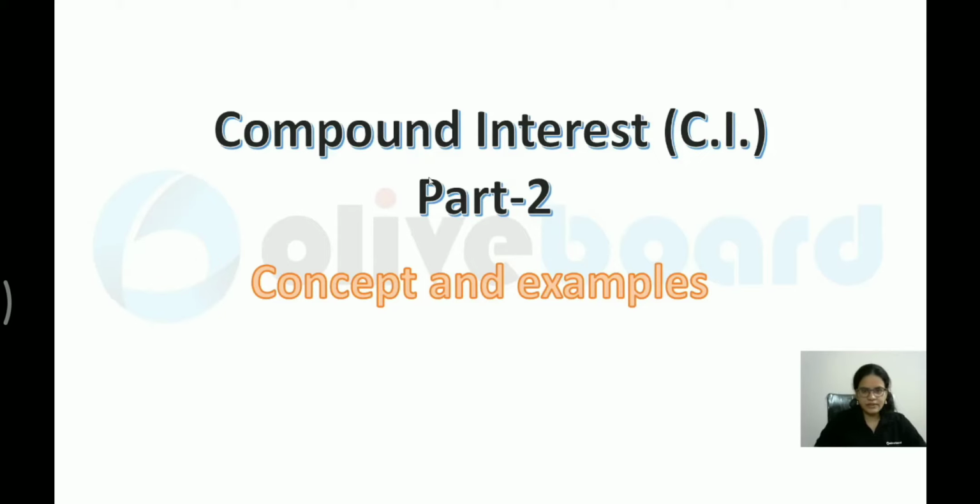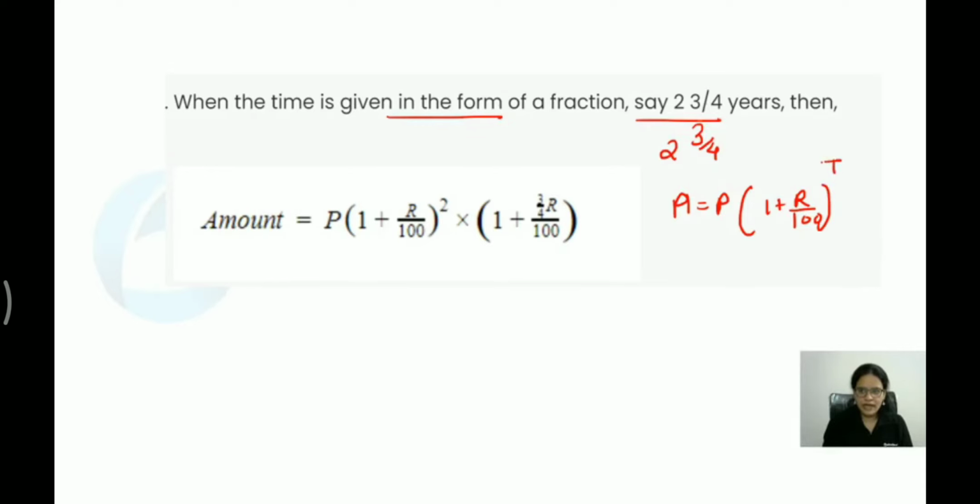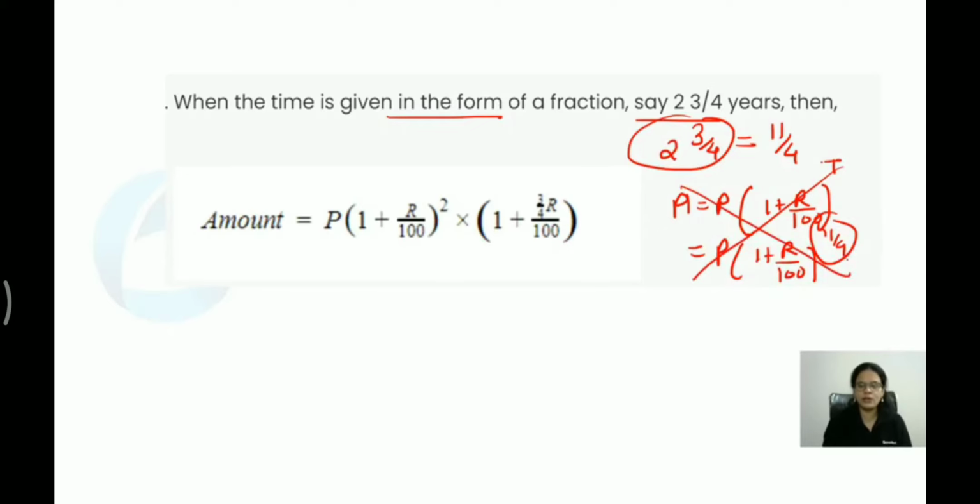So let me start with the first part, that is, whenever your value is mentioned in fractional format. For example, when the time period given is in the format of, say, 2 3 by 4 years, then what should be done? So 2 and 3 by 4. Now if you recall our basic formula, what is the formula? Amount will be given as principal times 1 plus r by 100 to the power t. Now if you write t as the complete fraction, the value would be 11 by 4. Even if I write this as 1 plus r by 100 to the power 11 by 4, you cannot calculate it, because 11 by 4 cannot be calculated. So this is not the way you are going to calculate it.